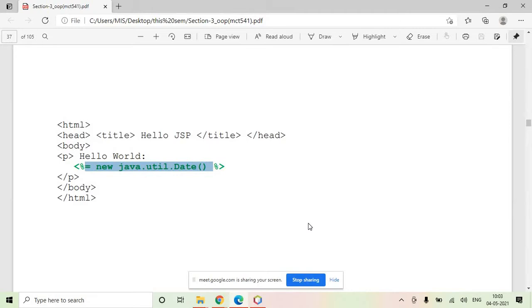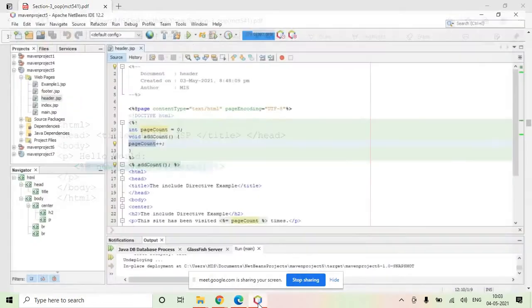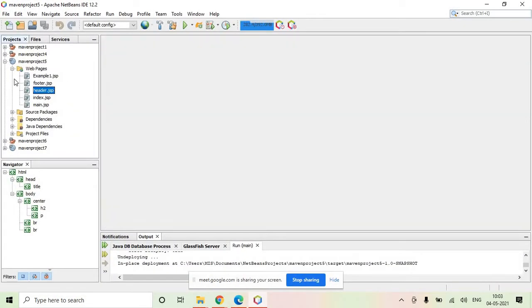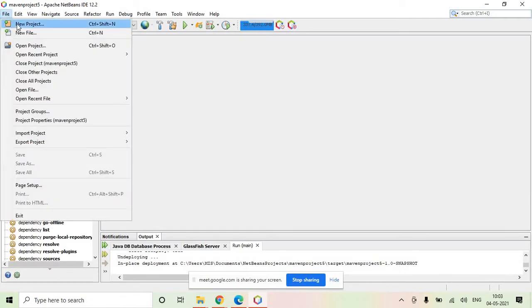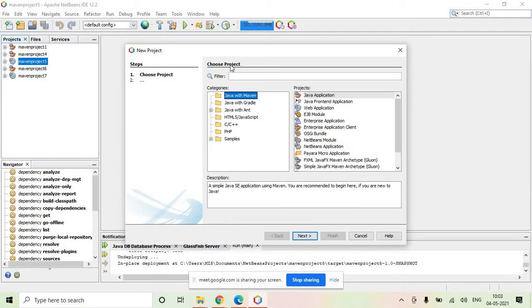How can you create a JSP file or a JSP program in NetBeans? Let us try to understand that first, and we will see a few programs. So you can go to File, New Project. Inside that you select this web application. Up till now you were selecting the Java application option.